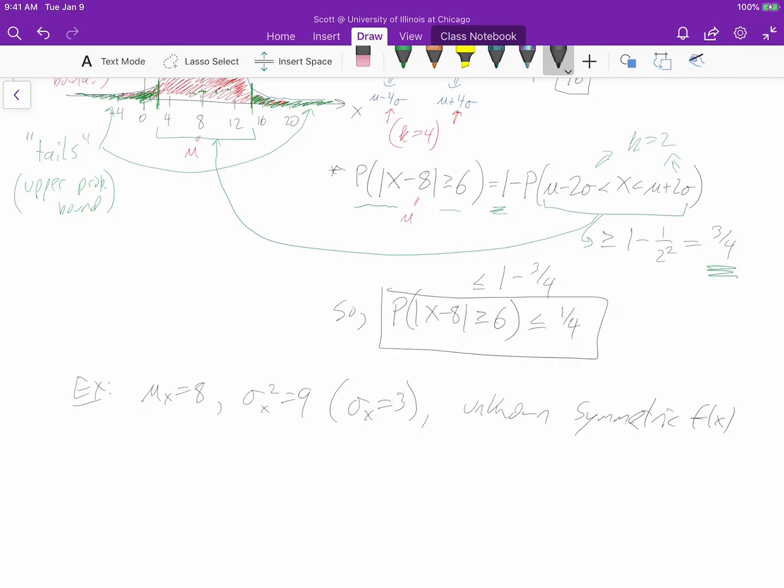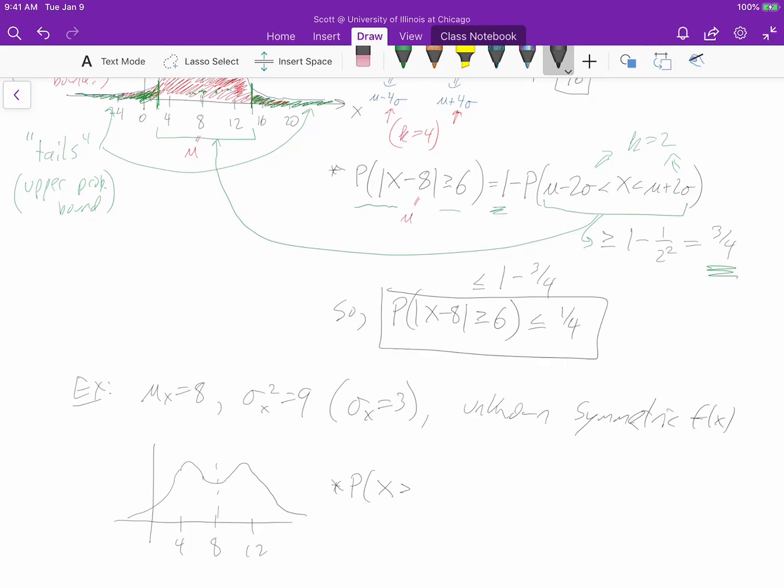If that's the case, well then my picture isn't valid anymore. Then maybe, if this is 8 and this is 4 and this is 12, maybe there is a peak here, but that would mean that there would have to be a peak there. Anything on one side of 8 has to be the same on the other side of 8, and still trying to keep a standard deviation of about 3, which again, I've kind of stretched it out here, right? And then maybe we could ask a question, and at least give me a bound for it. What's the probability x is greater than,